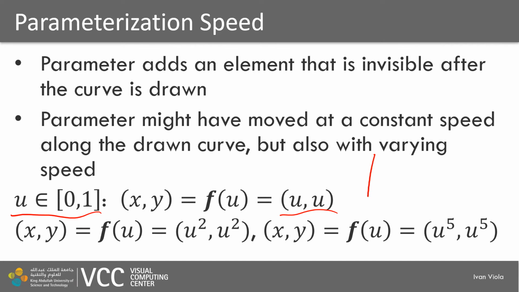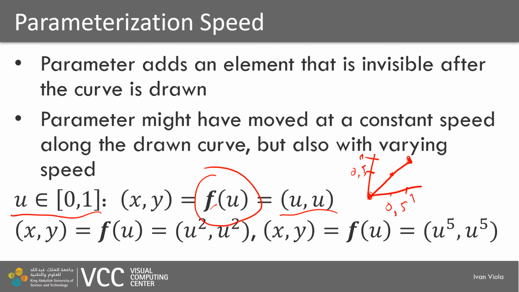So if we draw it, for u equals 0, we will have 0, 0, and for u equals 1, we will have 1, 1, and for example, for the point u equals 0.5, we will have the functional value 0.5, 0.5. So this is 0.5, this is 1, 0.5, 1. And basically our line looks like this,